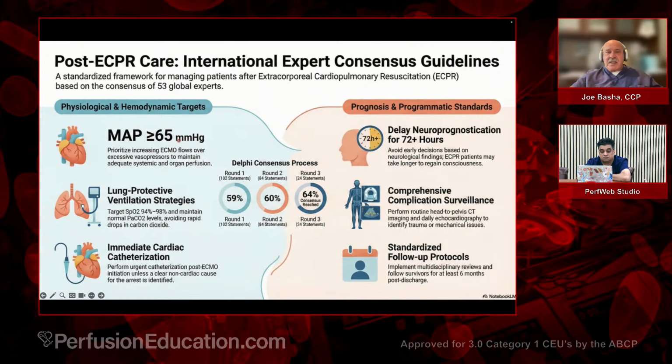Mean arterial pressure equal to or greater than 65, lung protective ventilation strategies, target SpO2 of 94 to 98%, and maintain normal PaCO2 levels, avoiding rapid drop in carbon dioxide. And that's something that's also very important. It's something I learned only in the past few years, that there is a correlation. It is not, and this is important, it's a correlation. It's not been proved that this is an actual cause and effect, but it certainly is very suggestive that